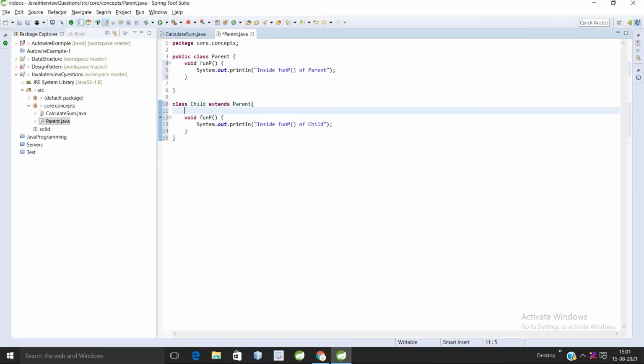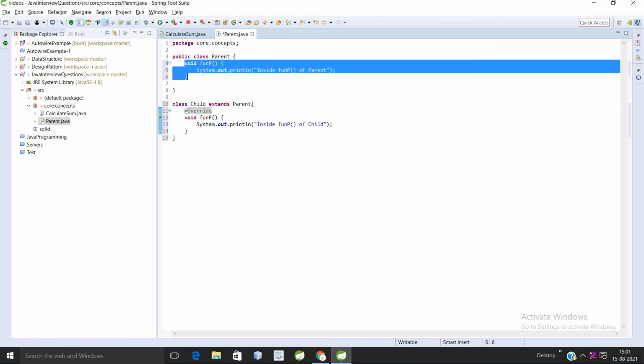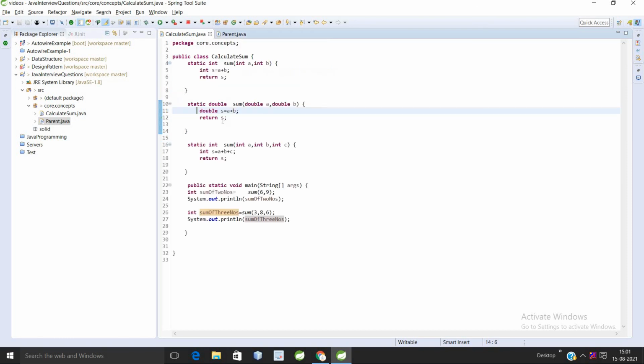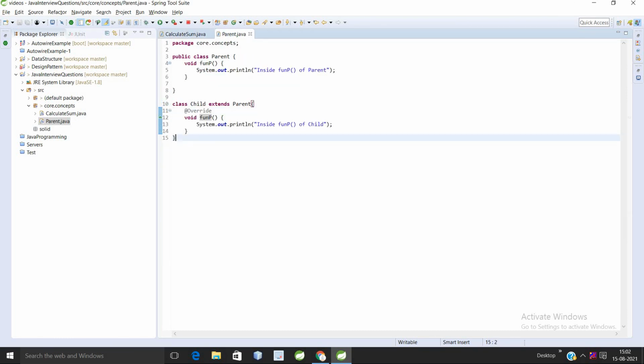Why? Because we can override it with the Override annotation, so it won't give you an error. If you comment it out, it will give you an error: the method function p of type child must override or implement a supertype method. This is called method overriding and that is called method overloading. Now let's test it.